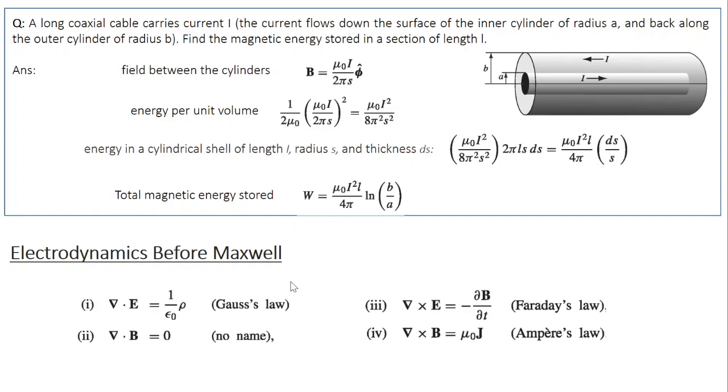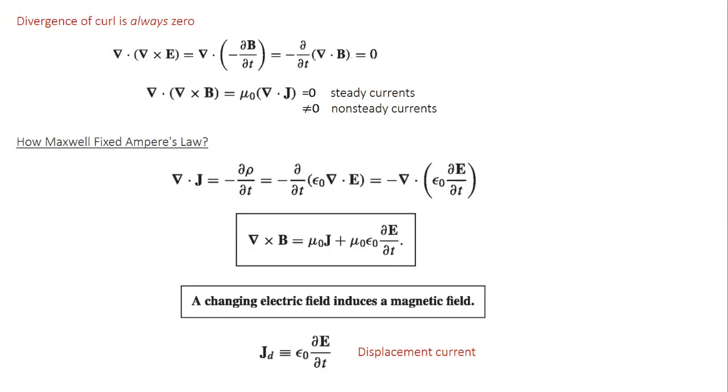So if you look at the history of electromagnetism, these were the results which came into existence before Maxwell made some of the telling contribution to the field of electromagnetism. So we can call these four equations the summary of electrodynamics before Maxwell. Now if you look at this electrodynamics before Maxwell, there is one evident inconsistency here. Now what is that inconsistency?